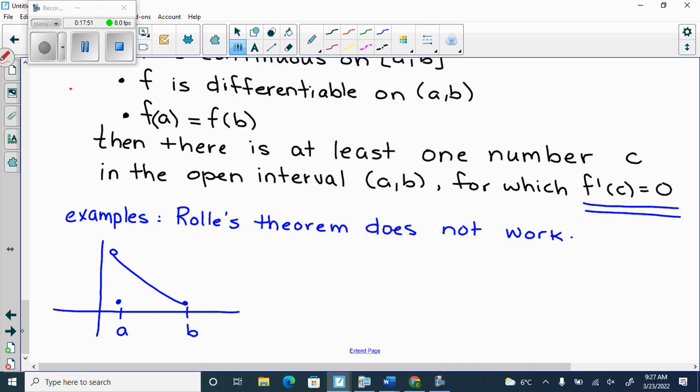Does f of A equal f of B? Yeah, f of A, f of B. They equal. These are both closed. So f of A equals f of B. So that bullet's good. What bullet is not good? It's not continuous. In order to draw this graph, in order for it to be continuous, and this one